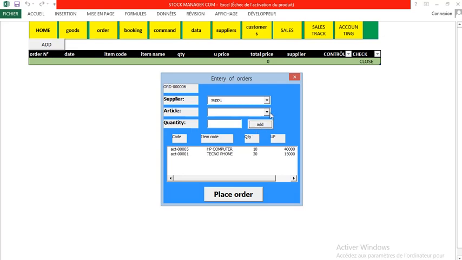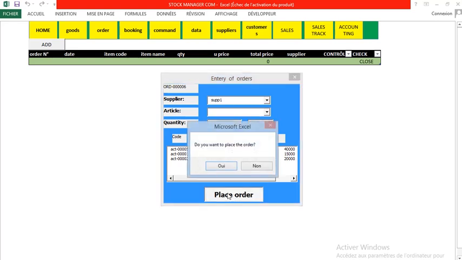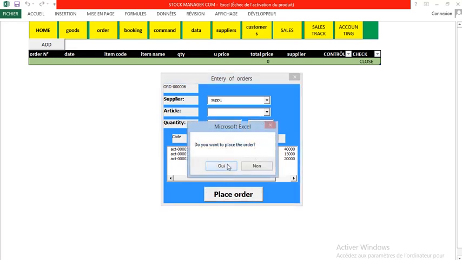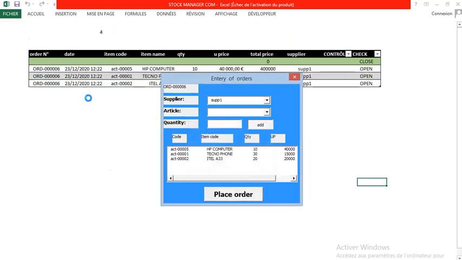We add. We can place another item, Etel, let's say 20, and then we add. Then we can now place our order. So we can press on this button to place our order. When I press place order, they will ask me, do you want to place this order? I have the choice, either I say yes or no. When I press no, nothing happens, but when I press yes, okay,